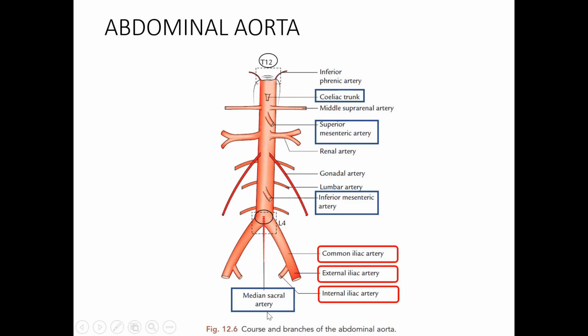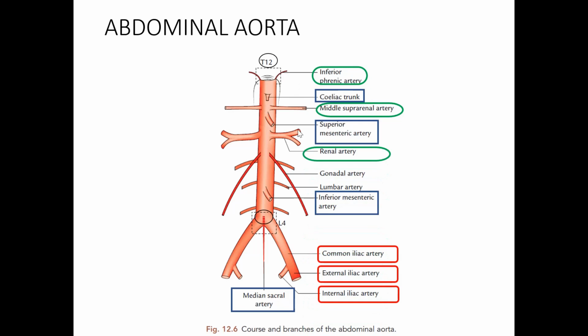So now moving on to the paired branches, we can make out the first artery. Here you can make out the inferior phrenic artery. As the name suggests, this inferior phrenic artery is the one which supplies the diaphragm. Okay, so it is present here, and the first paired branch is the inferior phrenic artery. The next artery is the middle suprarenal artery. So the right and the left middle suprarenal arteries are present to supply both the right and left suprarenal glands. Okay, you can make out that.